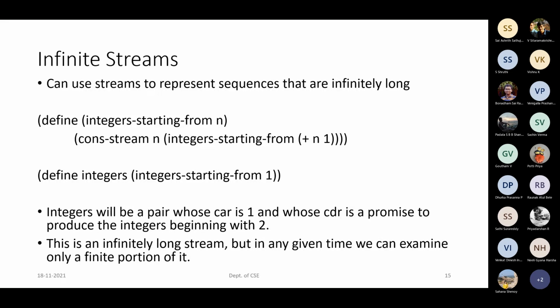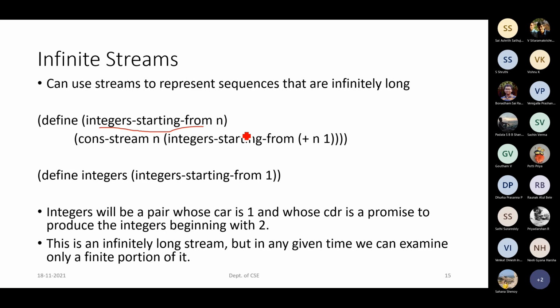Since by using streams, we don't have to generate all the values, we can work it out with respect to a smaller value. Because of this nature, we don't have to mention the range of values, that is the upper limit. It need not be fixed or mentioned. We can have as many numbers as we want. We can generate them. So if you see here, we can see integers starting from whatever starting value you want, and from there you can generate as many values as you want.